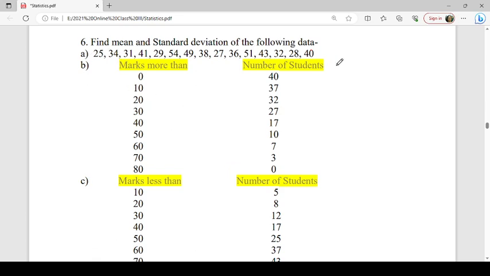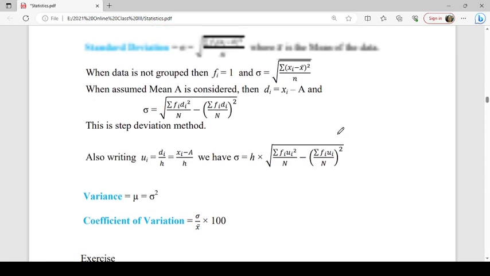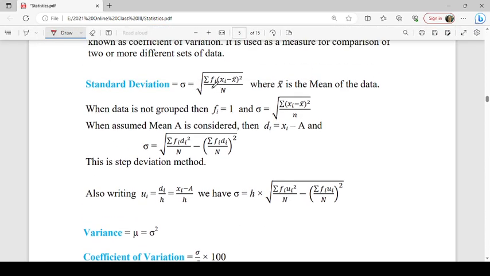Standard deviation. This is the standard deviation formula. It is summation fi into (xi minus x bar), where x bar is the mean of the data and xi is the mid value of the class. Then square it, multiply by fi, and take the sum. This is summation fi. Then divide by the total number of frequency and take the square root,